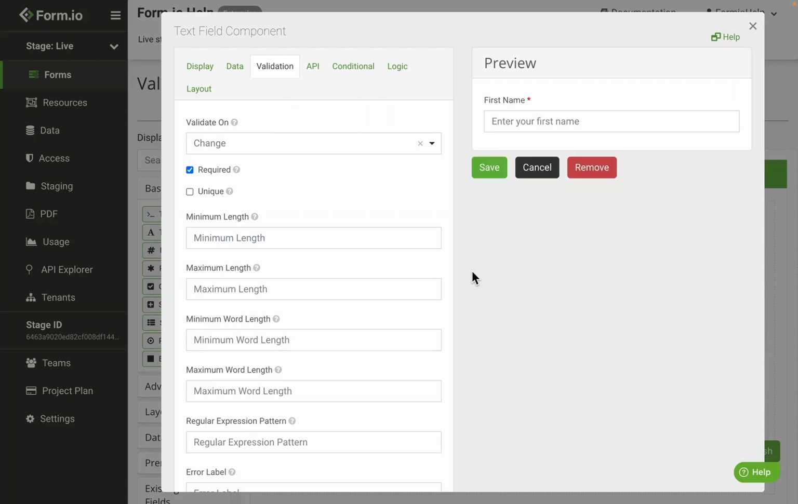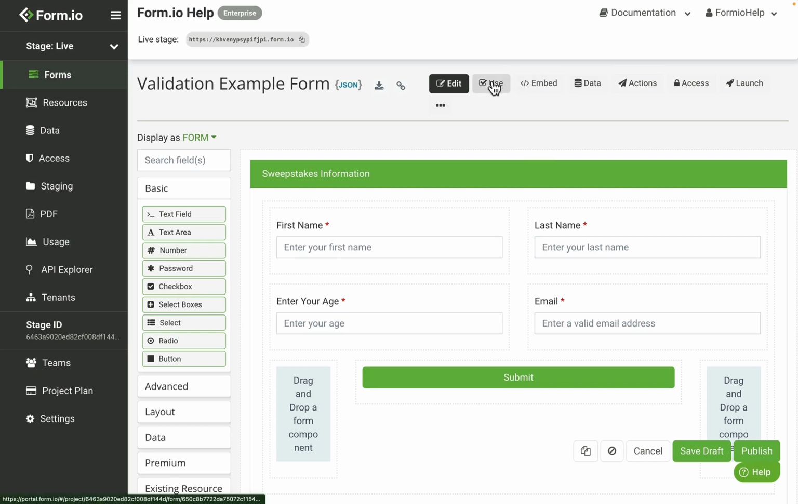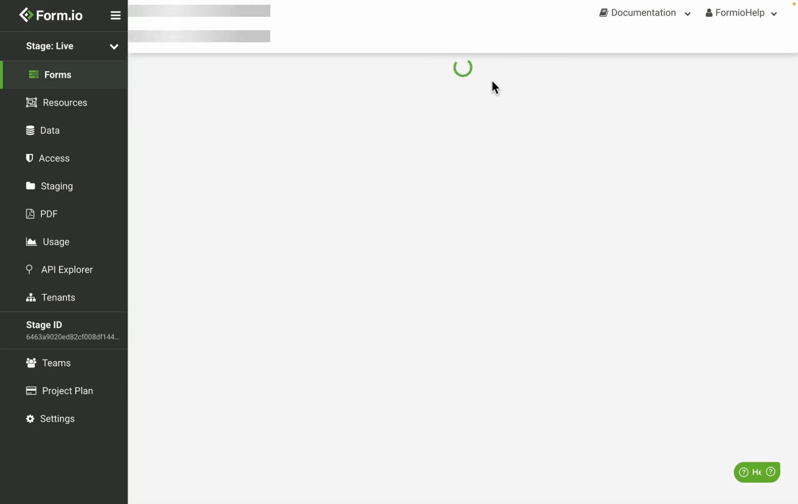The validation settings allow users to configure the front-end and back-end validations for a field. Before we look into these settings, however, let's briefly review how the validation system works. There are two types of validations that occur on a form: front-end validation from the client and back-end validation from